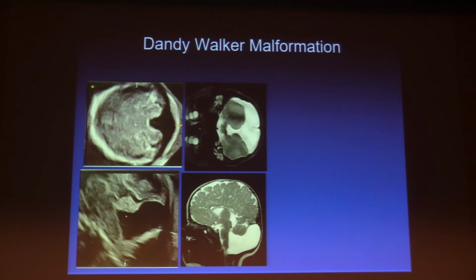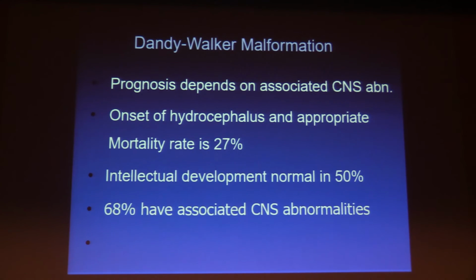And on the axial images, again, you often see this kind of thickening on the superior part of the cyst, and you could see the vermis, which is totally abnormal. There's a large difference in the size of the vermis. It could be very hypoplastic or very abnormal. The prognosis depends on associated CNS abnormalities. The mortality is quite high. There's a lot of